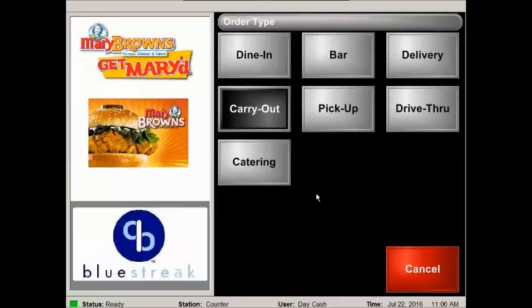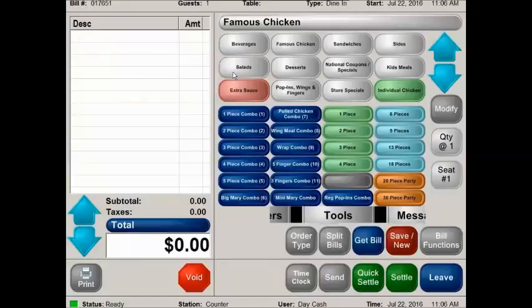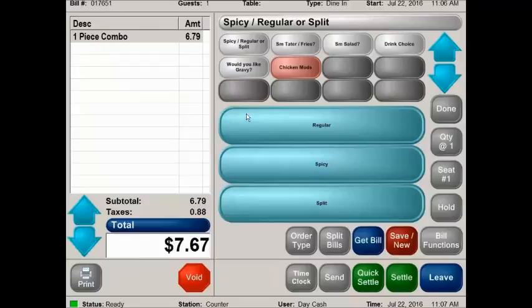This is the forced order type screen. So on the new version, we're forcing the order type on the front POS stations. On the drive-through station, we have no need to force it as it's always drive-through. So I'm going to select dine in, and I'm going to open up my order screen. Ordering is very simple. Simply go in, order the item that we selected to have. You'll notice that the top section is going to change based on what I have ordered and guide me through